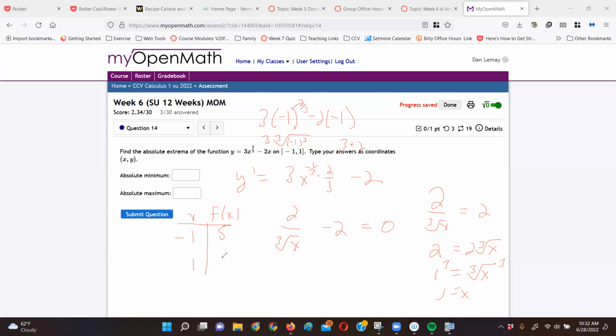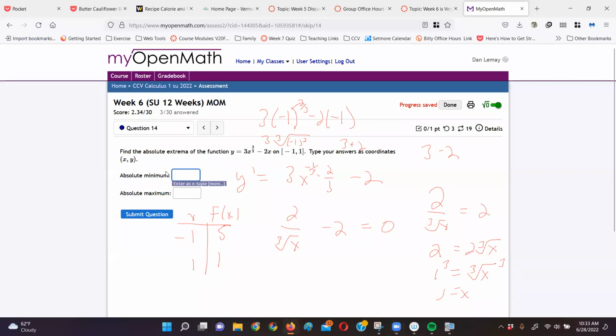Then we're going to test positive 1, and I think we get the exact same value. No, we don't. We're going to get 3 again, because the positive squared gives the same. But this other one, we're going to get minus 2. So that's going to be 1. So I see a minimum at 1, so I get the point 1, 1,